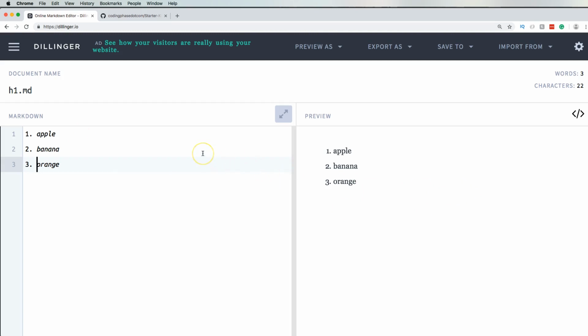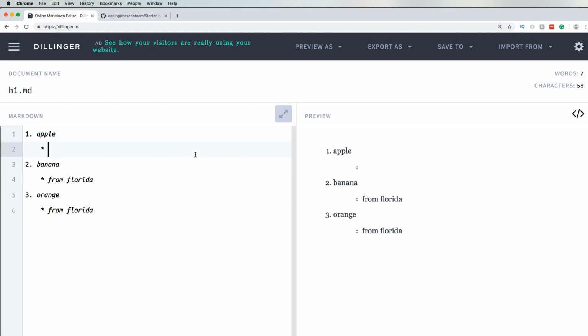Now if you want to have like a subsection inside of a list, well, you will come here right under banana and put in an asterisk. So instead of having this 3 like that, you come here, press tab, and then the asterisk, and then whatever your text is. Banana from Florida. Okay, same thing down here. Delete this, press tab, from Florida. Okay,